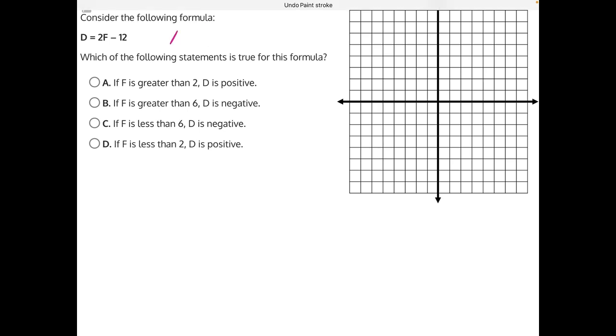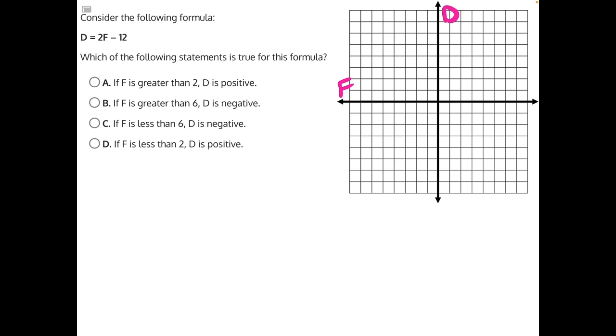Well, let's take a look at our answer choices. All of our answer choices use language that say if f is something, if f is greater or less than something, then that directly affects our d variable. So that means that f is the cause that affects d, or you could think about f as the input that gives us the output of d. Either way, f is going to be our x and d is going to be our y variable. So we can go ahead and label our axes as f and d,